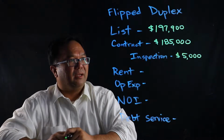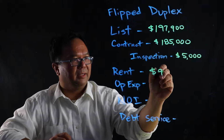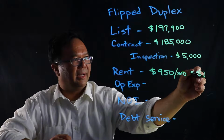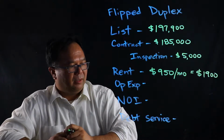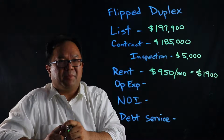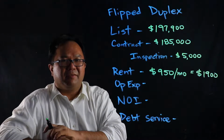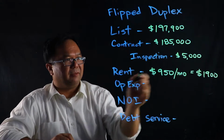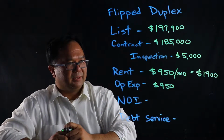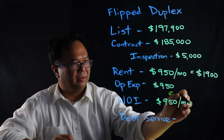So now that we own the property and we have hired a property manager, the plan now is that the rent is going to be $950 per month per unit. So that comes out to $1,900 a month. From that $1,900 a month, we are currently expecting 50% operating expenses because we're throwing in the property management fees, all the property tax. We're just going to start off conservative, and we'll see how we do over the next few months. So 50% of that would be $950,